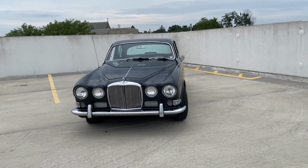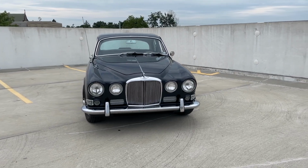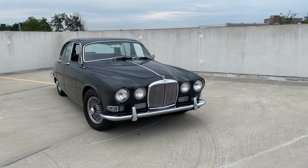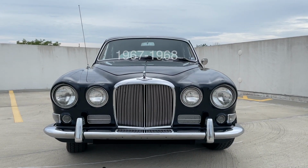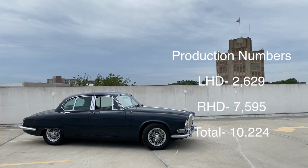This is a Jaguar 420. It's not as well known as other classic Jaguars, but I think it deserves to be. In fact, it's one of the rarest of Jaguar sedans. Made only for 2 years, 1967 through 68, they made